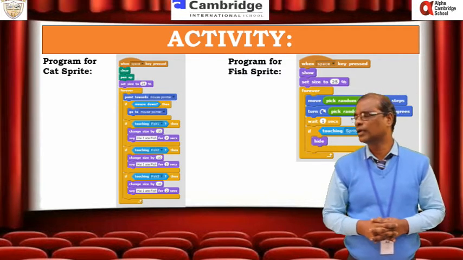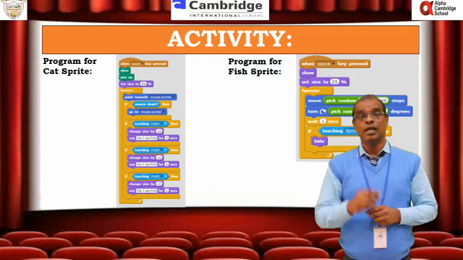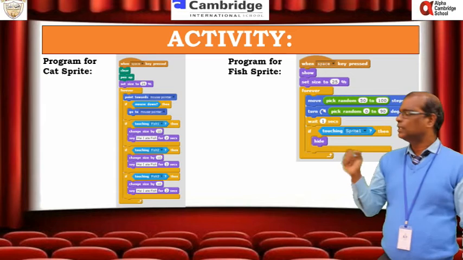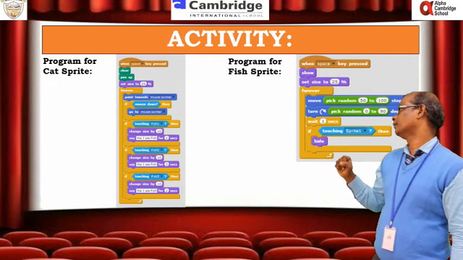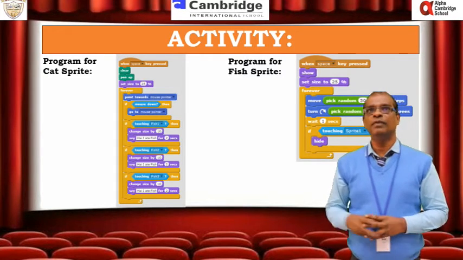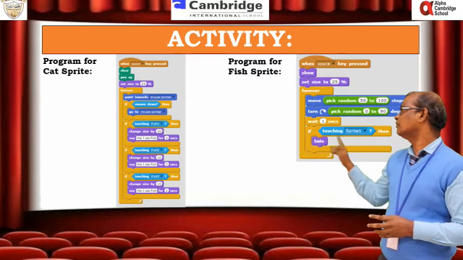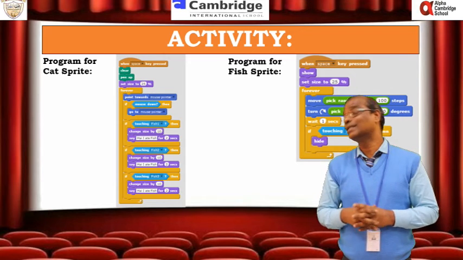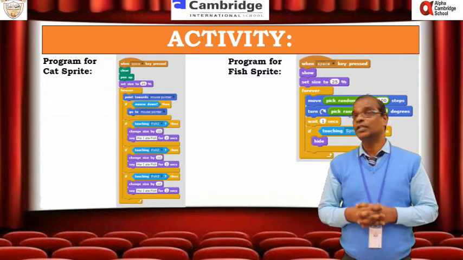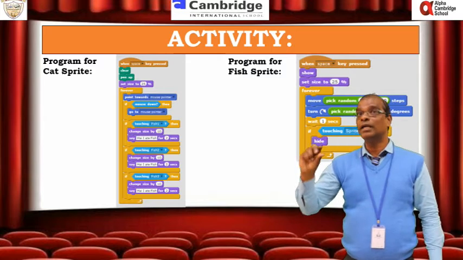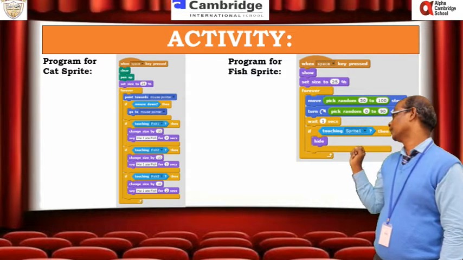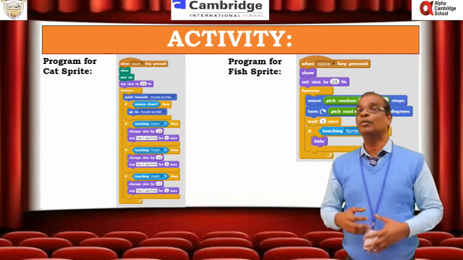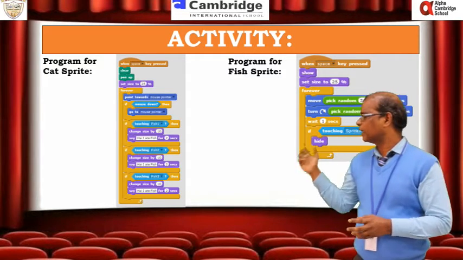So next one is move. You know very well, move means you have to specify the number of steps. The move block moves the number of steps either forward or backward. But here, move, pick random from 2 numbers we are giving. In between these 2 numbers, pick random will give any one number, that is a random number. So that means the fish will move by any number in between from and to. That will be a random number. Good.